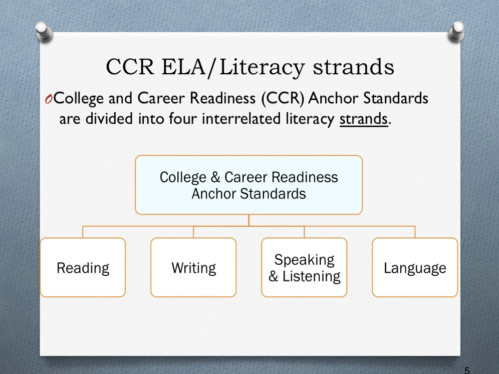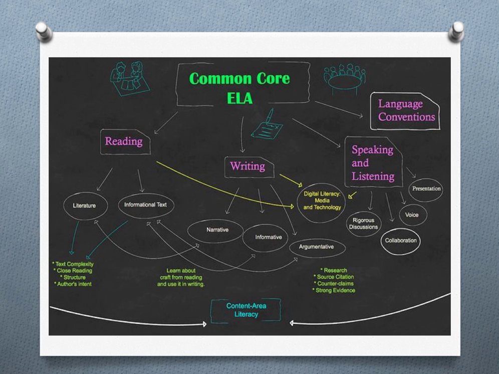Now, when people graduate high school and move on to college or career, the experts suggest that at that point, adults are reading material that is 80% informative. So we are trying to get students up to that standard so they are well prepared for their career and college readiness. And here is a slide that pretty much just demonstrates those four strands that I spoke of.